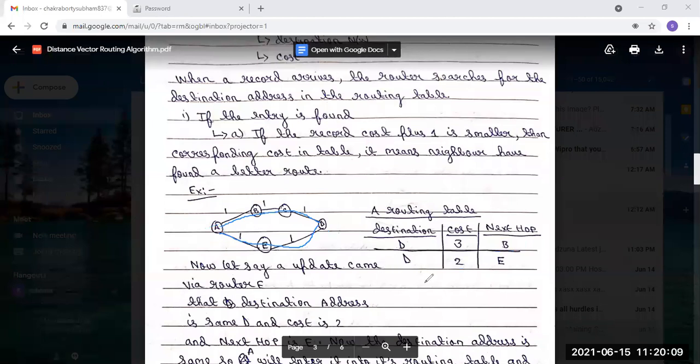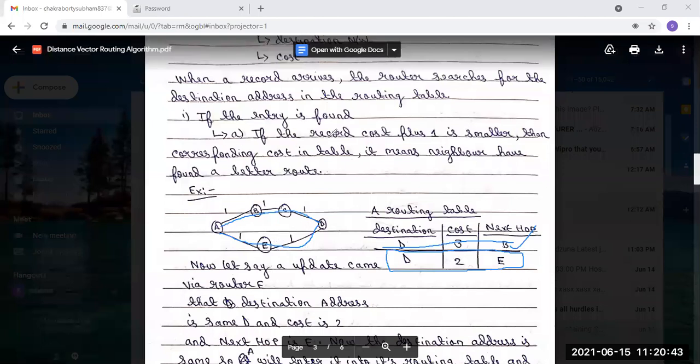So the router will discard the maximum cost entry. This route will be discarded, and this one will be present in the routing table. So from router A to router D, the communication will go through this route, because its cost is minimum.